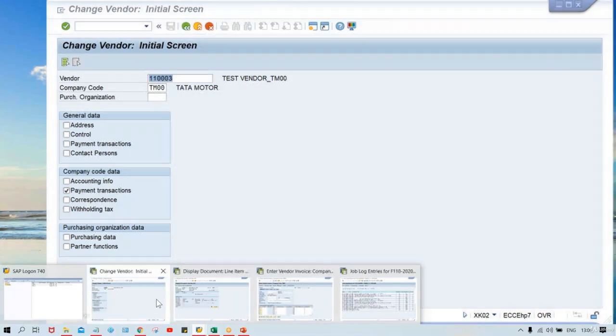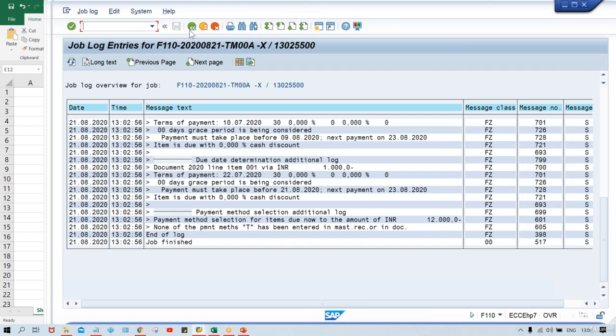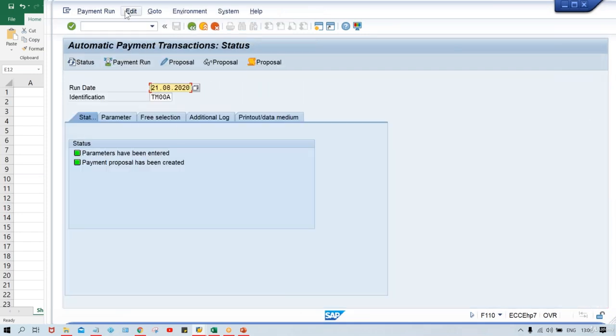Now here, come back again, and then what to do, guys? In this proposal, there was an error, a fault, right? So this is called a faulty proposal. Whatever error was there, we have rectified just now, so what we have to do now